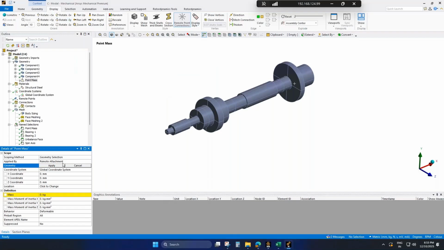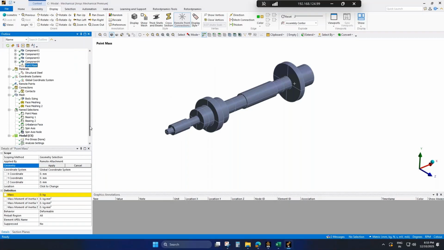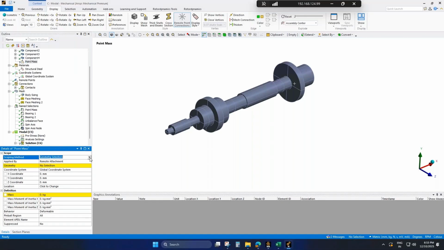I created the name selection prior to this demo session, so I will use this name selection for the point mass. I'll select the scoping method as name selection, choose point mass, and apply the values.